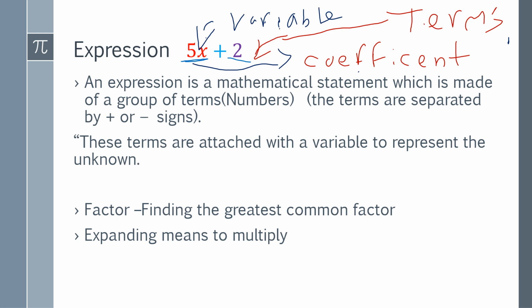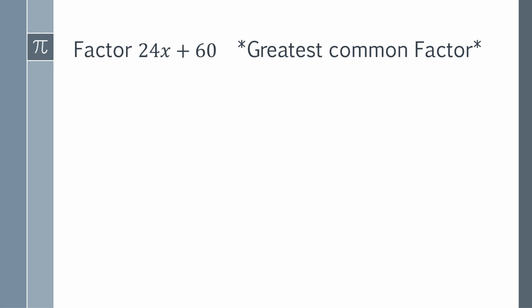So, factor means find the greatest common factor. Expanding means to multiply. So let me ask you this question. If I'm saying find the greatest common factor, how will I do that? You got to think of division. So let's get to it. So factor. Find the greatest common factor. Of course, in order to do that,